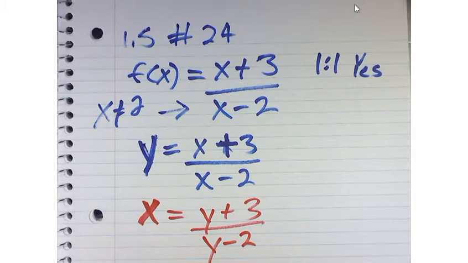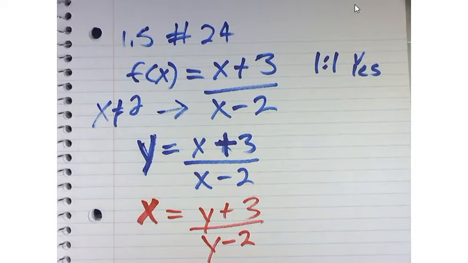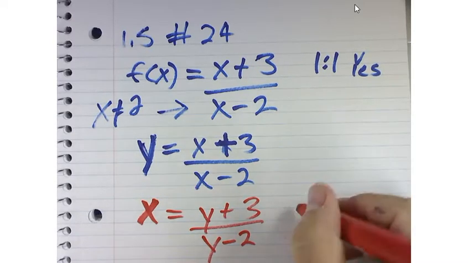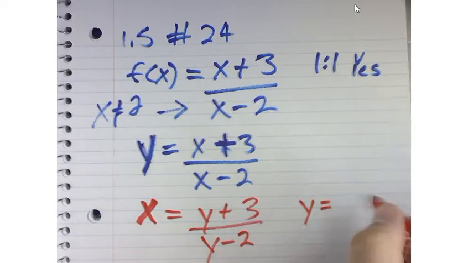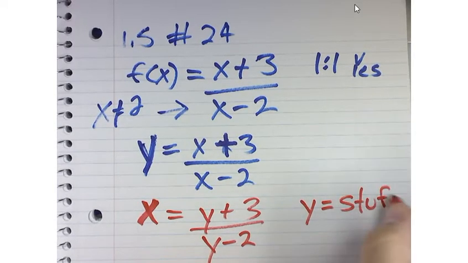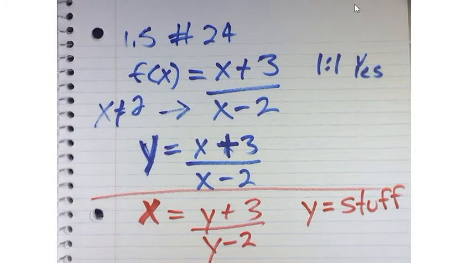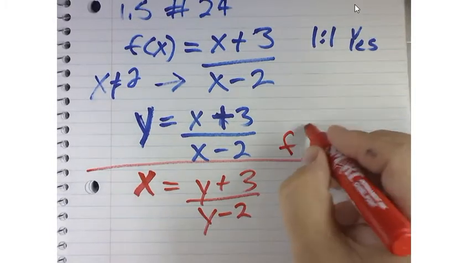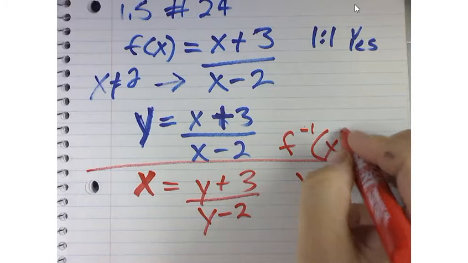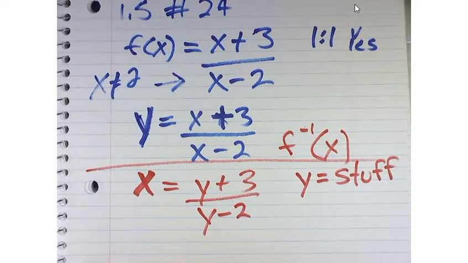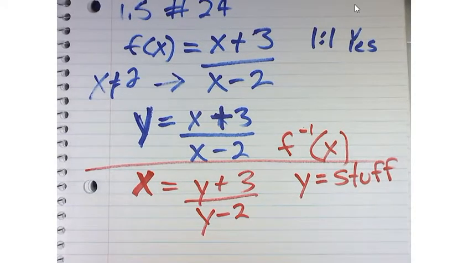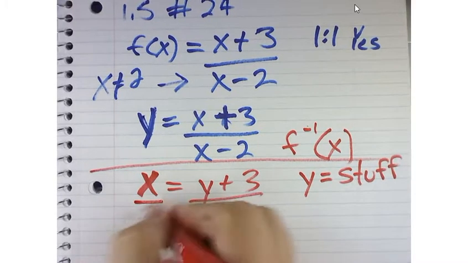All right. So to solve this is the tricky part. How do we get the y's by themselves on one side of the equal sign and get x on the other side? So this needs to look like y equals some stuff, right, to find the inverse. So everything in red is going to be my f inverse. The minute I flip-flop those x and y's around, I'm starting to deal with my f inverse function, my inverse of f. So now, if I cross multiply, if I think of this as x over 1 and I